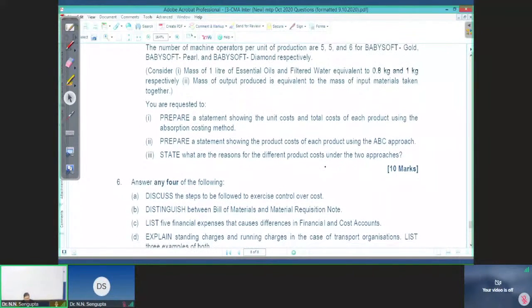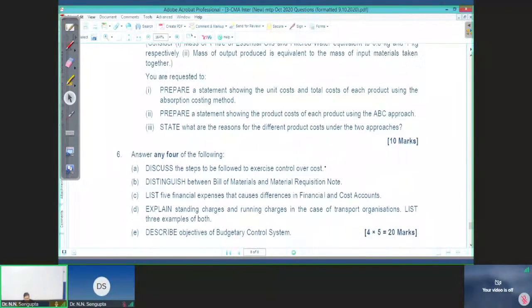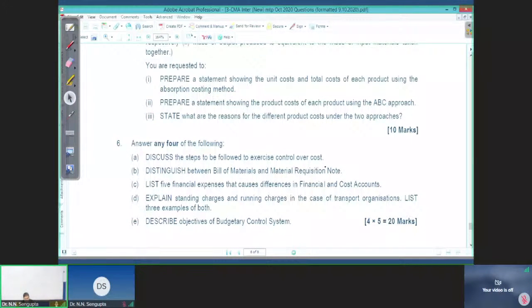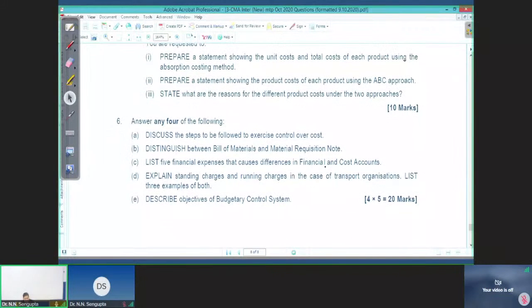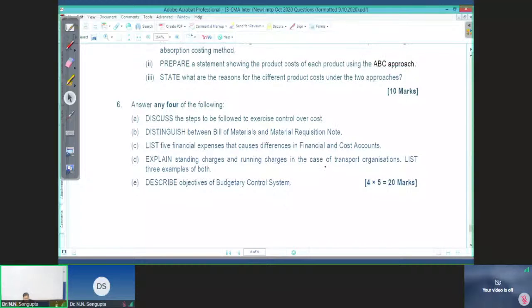And then question 6, the theoretical part: the discussion on various steps to be followed for exercising control over cost. So cost control, basically, what are the steps? Then the difference between bills of material and MRN. MRN is material requisition number. Listing 5 financial expenses that cause difference in the financial and cost accounting. So what are the things which do not allow us to integrate or to make it the same? Explaining standing charges and running charges